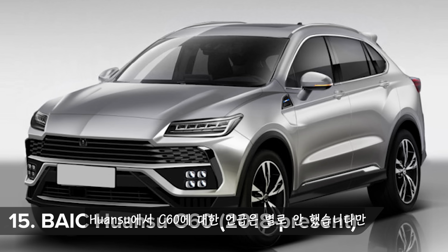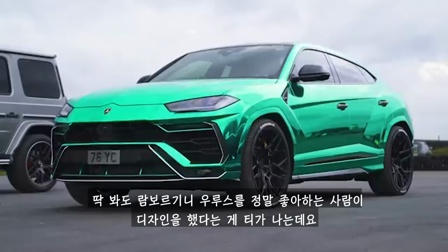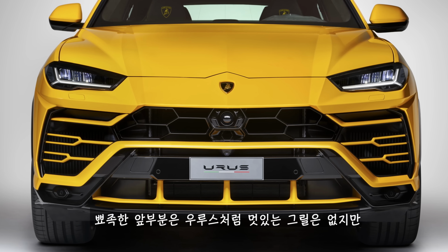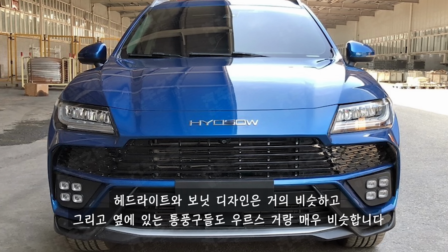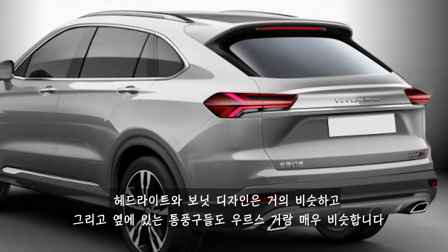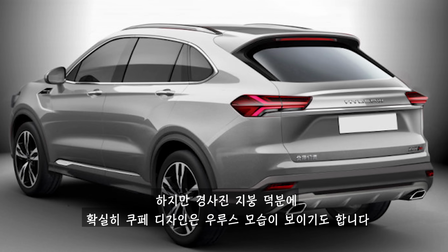KWANZU hasn't revealed much about its C60, but we know it was designed by someone who really liked the Lamborghini Urus. The pointed front end might not have the Lambo's colourful grille trims, but the headlights and the design of the bonnet ridge are very similar. And those vents on the side look just like the ones on the Urus as well. The copying is a little less obvious around the back, but the sloping roofline is a clear nod to the